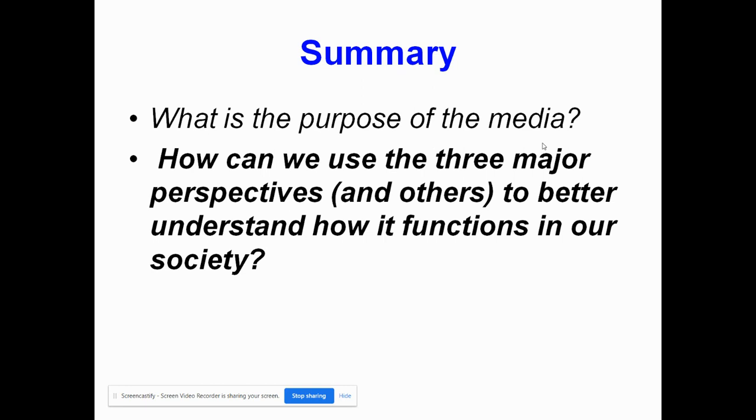Remember, the assignment is to simply write down two things that you learned, or one thing that you learned and one question that remains, and to post a comment to one of your classmates' posts on the class discussion board. All right, so that's really what I want you to be able to do with this particular assignment.